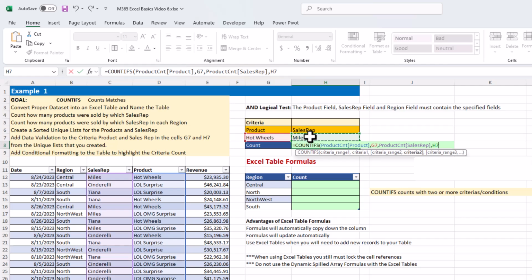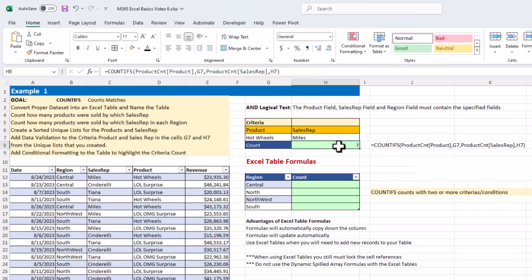And now, because we are not copying this formula anywhere, that's why I didn't lock any of the criteria. And now what I will need to do is to close that and enter. And we can see we have 7 count. So our sales rep, Miles, the product that they sold, which is Hot Wheels, they sold a count of 7